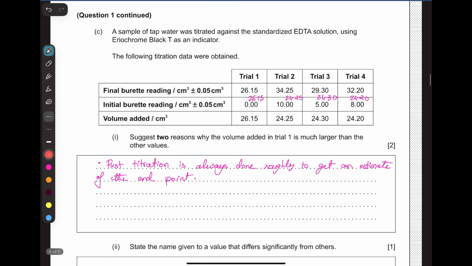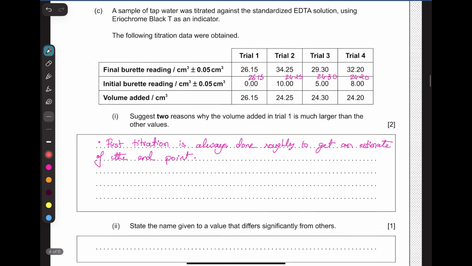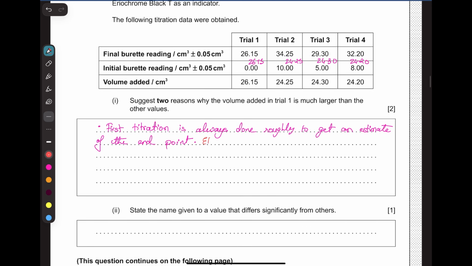Now, what could be another reason? Another reason could be that the initial burette reading is not zero. Okay. The initial burette reading could be something like 2 or something like that. Yeah. If the first titration was a rough titration. Okay. So we can say else the initial burette reading